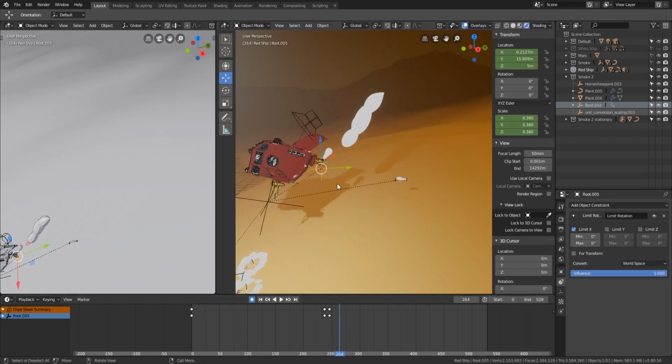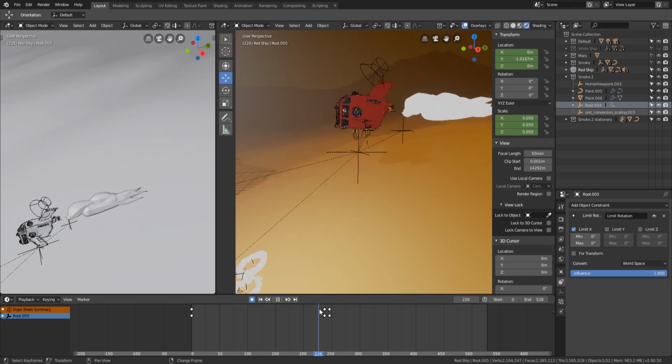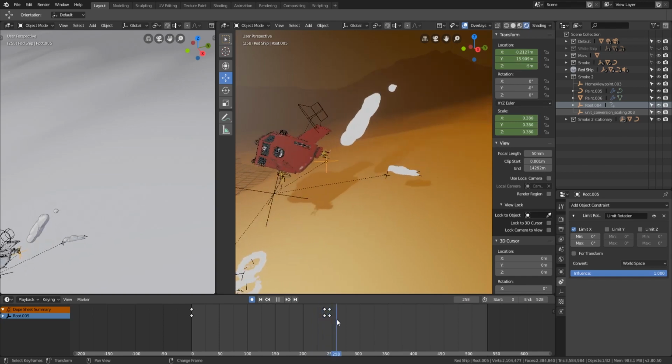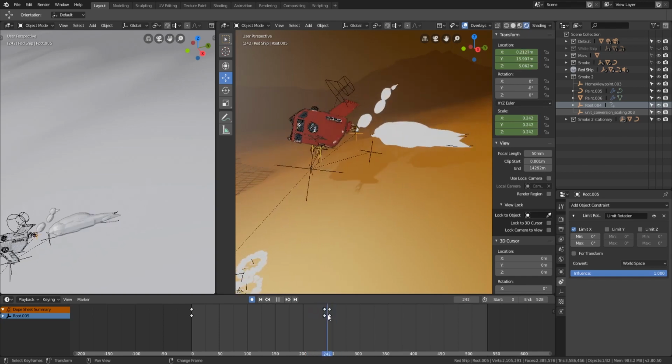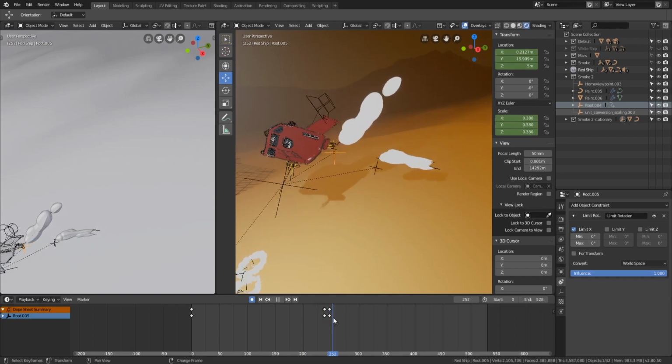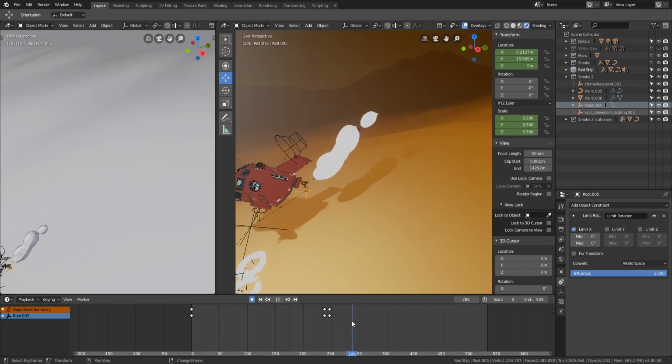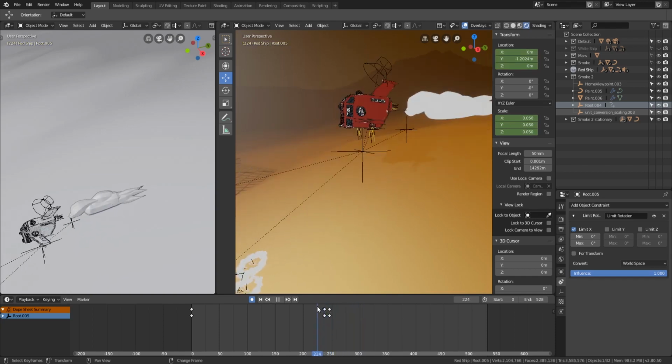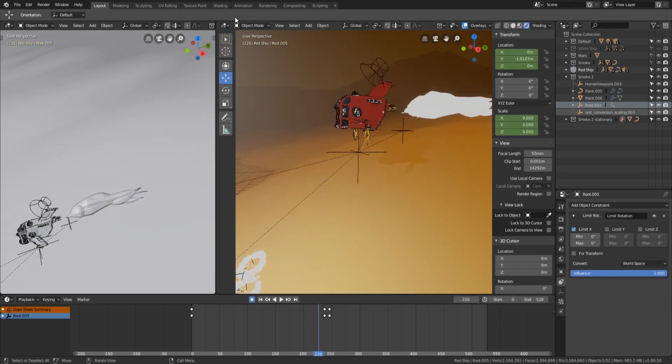It only changes the location. The rotation is preserved, and so when the smoke appears, it's just going up but follows the ship as expected. And well, as I already showed